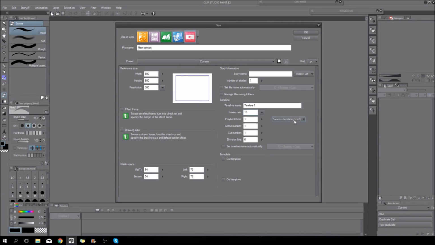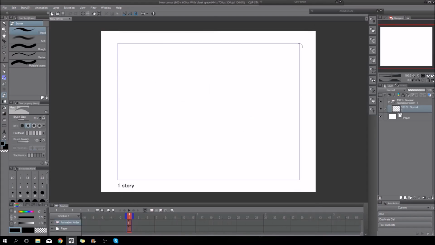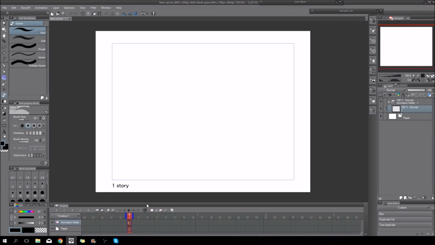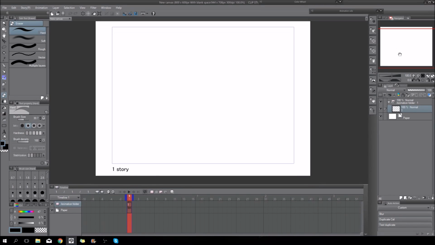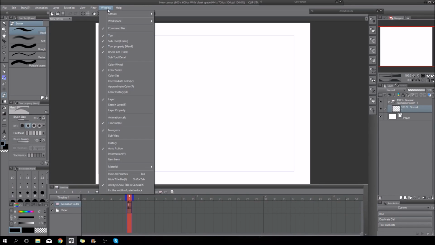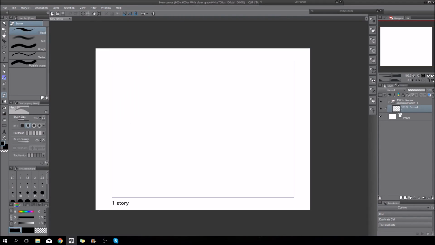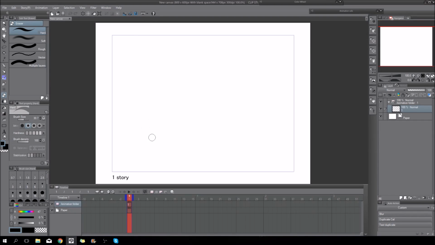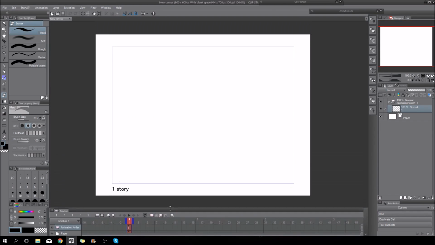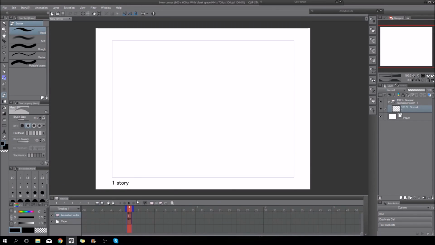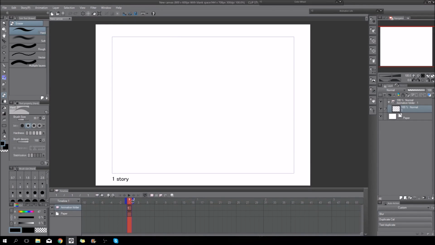Alright, so this is everything I use to set up my scene. If this is done, I simply press OK. And here we go. Now, if this timeline window doesn't show up, you can simply find it under Window, Navigation, and Timeline. Now it's gone. Now it's there. You can scale it as you want. You can even replace it, put it somewhere else, but having it down here is just perfect.